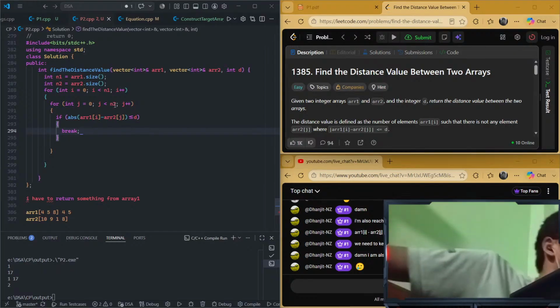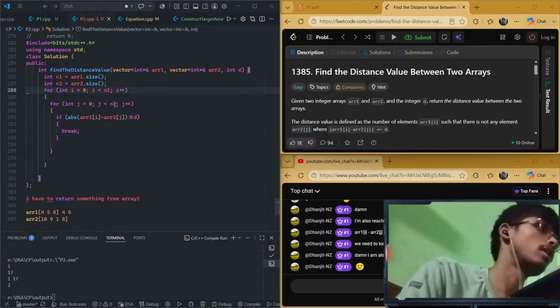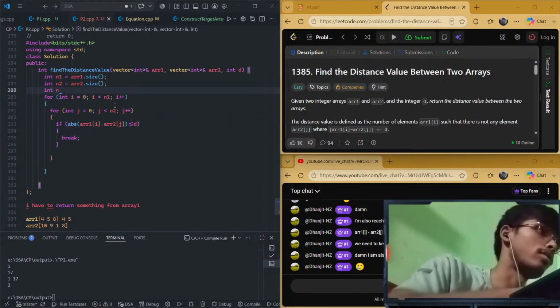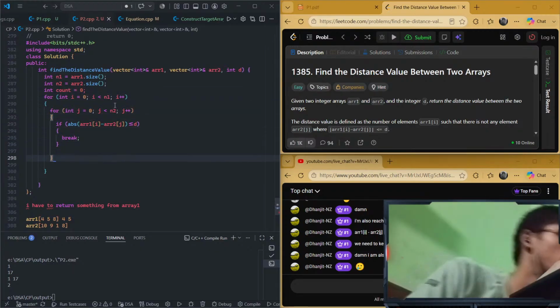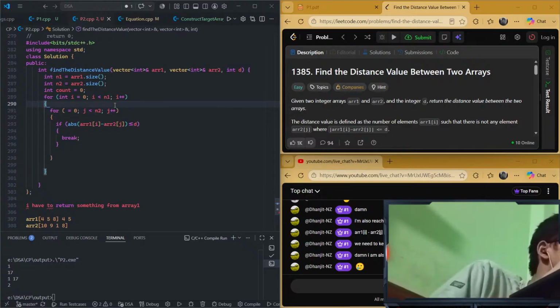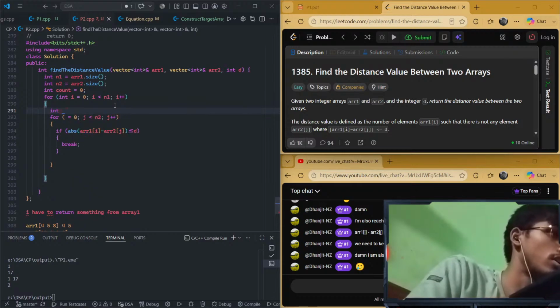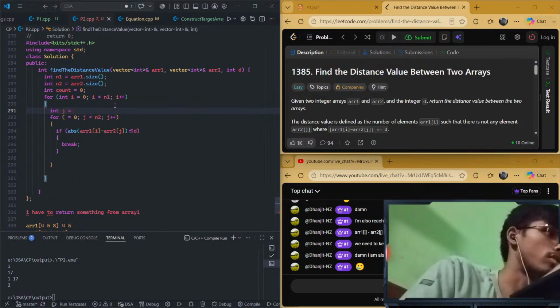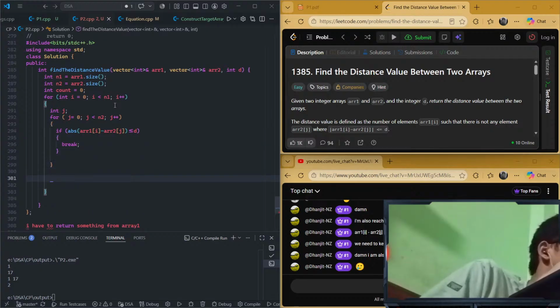But what if I reach up to the last index? It means that there is no such element, so I have to put the count of that particular element, meaning this element has no close difference. So I will create a count here, which I set equal to 0. And as there is a j loop, I will declare int j outside the loop. Okay, so when I come out of the loop, I will check